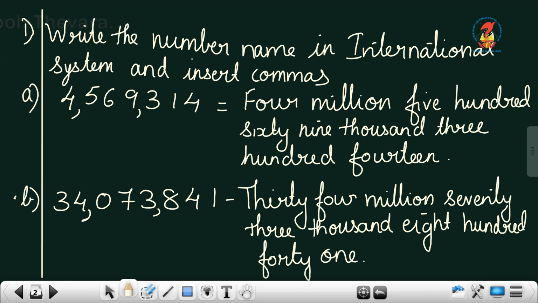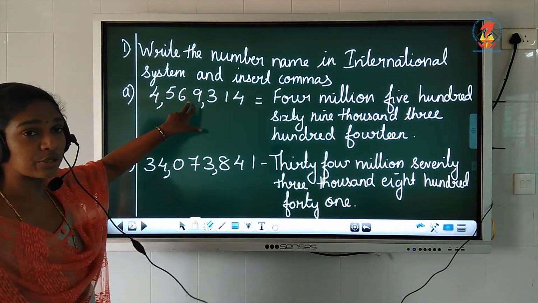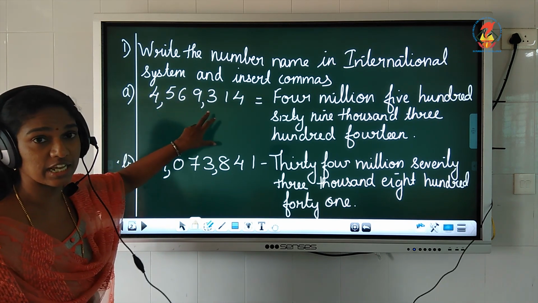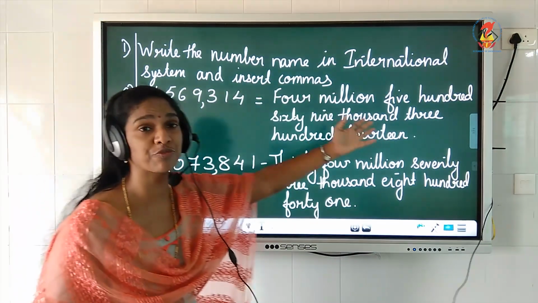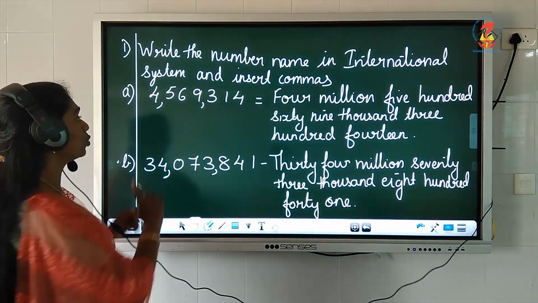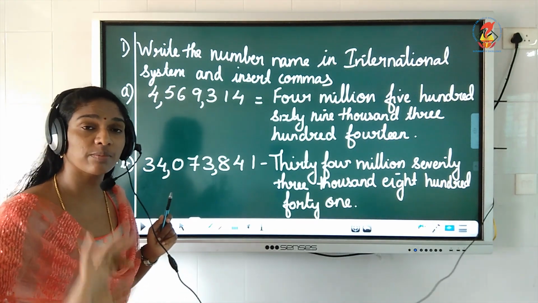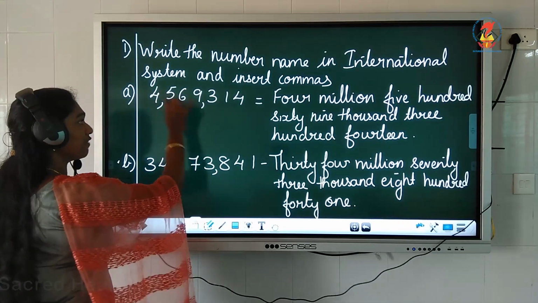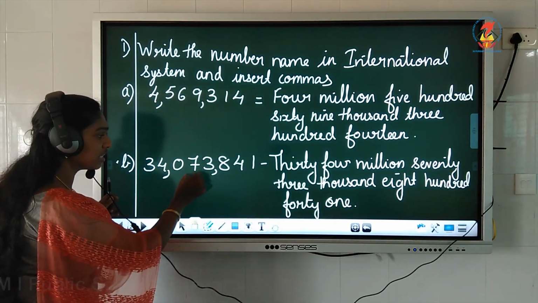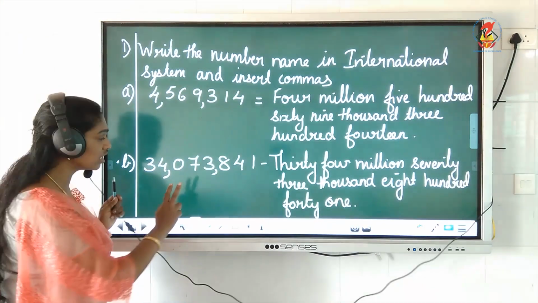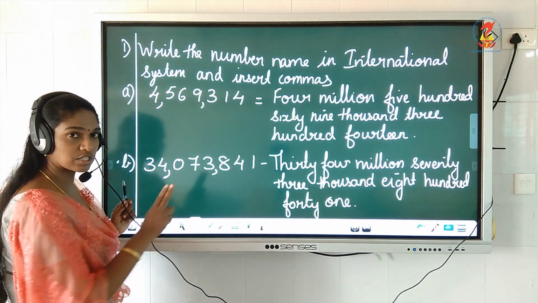Understood, children? So, each period you have to read the number together. See here, when you read the number together, what was it? It was 569. Children, don't think that 5 is not coming in hundreds place, so why should we write 500 over there? It's not like that. Whichever period it is, read the number together. If it is a 3-digit number, 100 will be there. 569, 314. But when we came over here only 2 digits are given, 0 we don't consider. So you read it as 73. Now when you came here, 841. Understood, children?